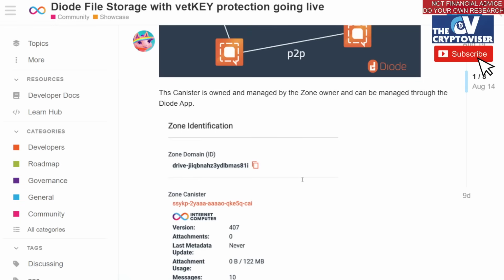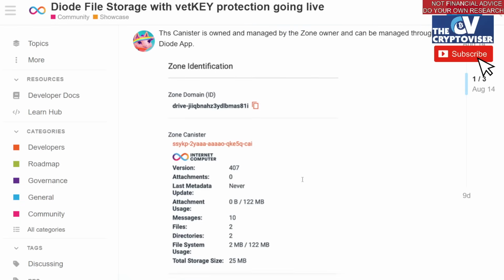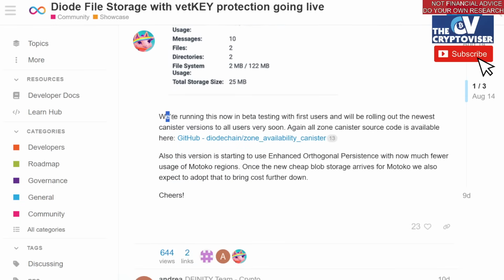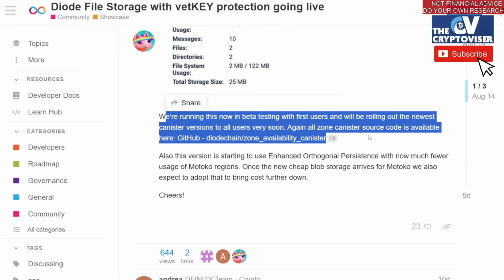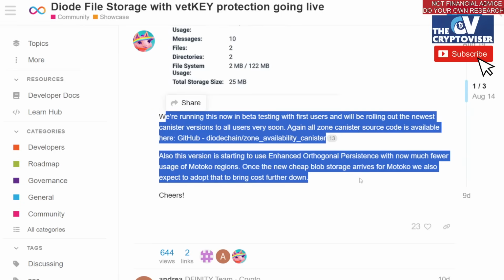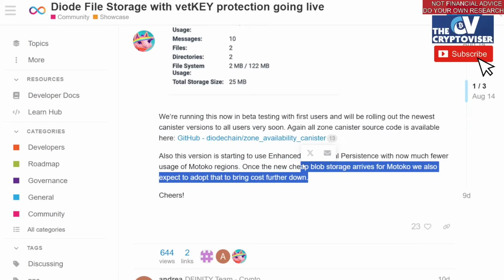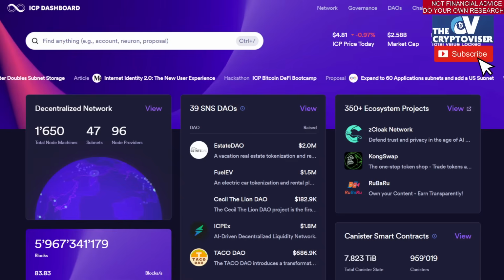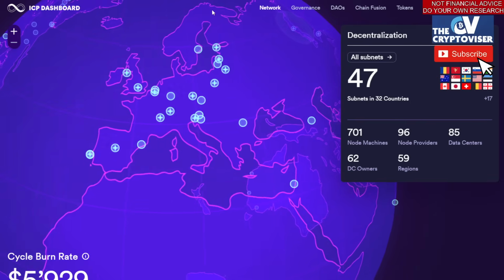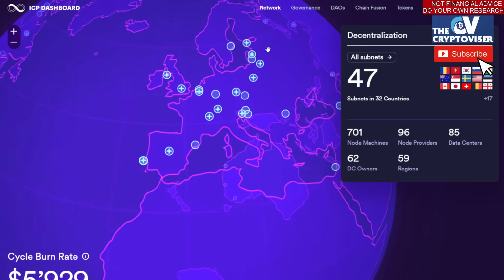The canister is owned and managed by the zone owner and can be managed through the Diode app. They're running this now in beta testing and will be rolling out to new users very soon. Also, this version is starting to use enhanced orthogonal persistence with now much less usage of Motoko regions. Once the new cheap blob storage arrives from Motoko, we will also expect to adopt that to bring the cost further down. And that brings us into this other conversation about blob storage and the need to make storing things on the blockchain easier. And from my understanding, they just recently upgraded the canister smart contract